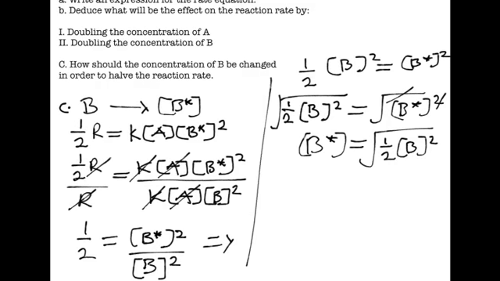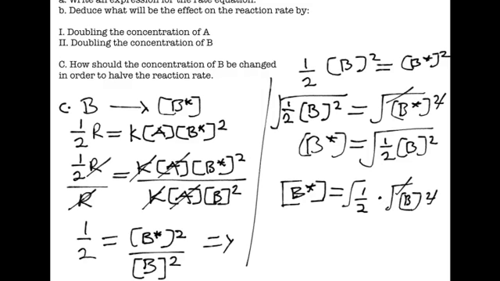So simply we'll say that our concentration, which is B asterisk, is the root of 1 out of 2, times the root of B squared, and remember this will cancel out,